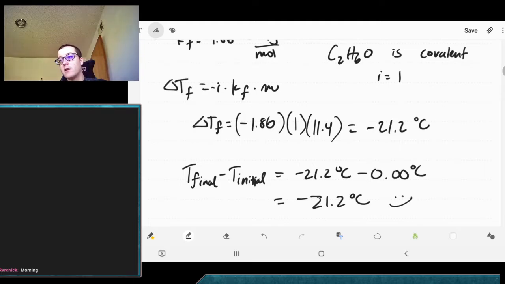Ta-da! That's actually vodka, just so you know. So that is the freezing point of vodka. That's why it freezes so low in terms of temperature. So it has to be a really, really cold freezer. Most freezers operate a little bit higher than negative 20 degrees Celsius. Alright, so